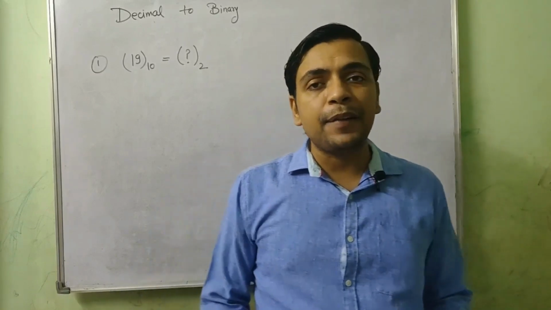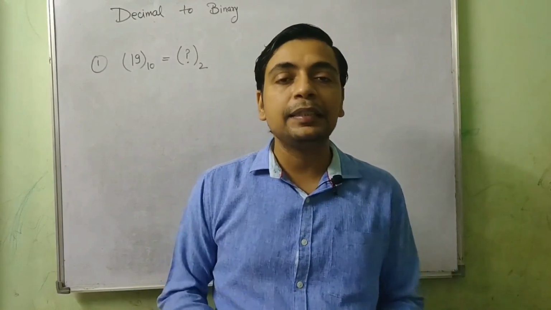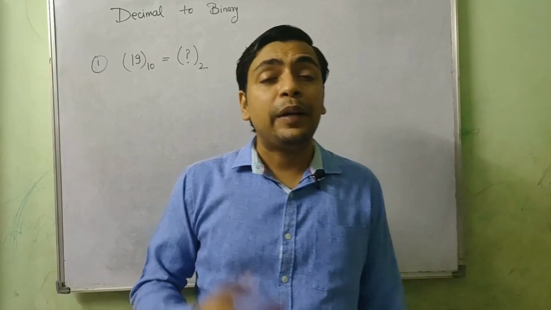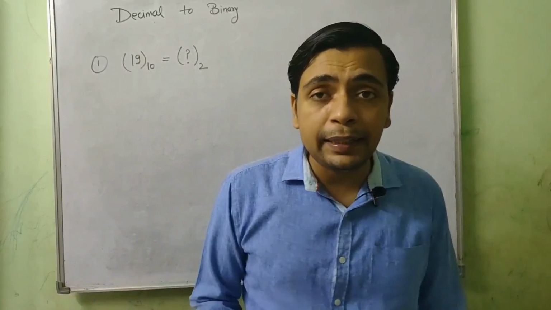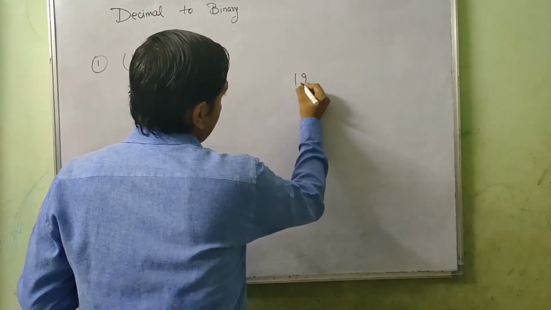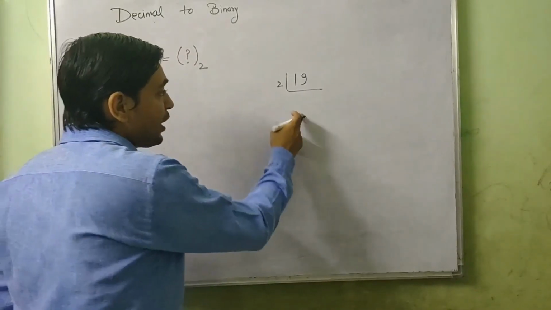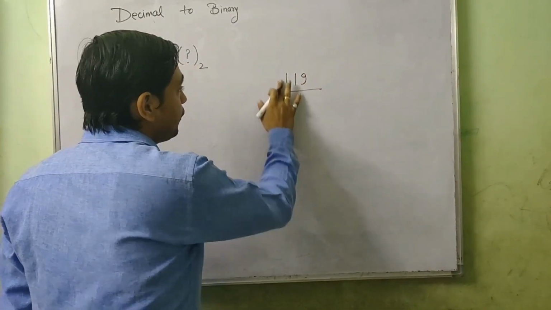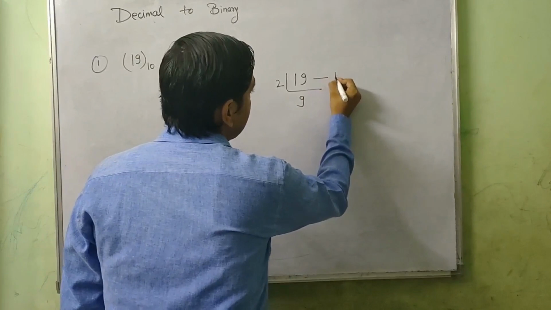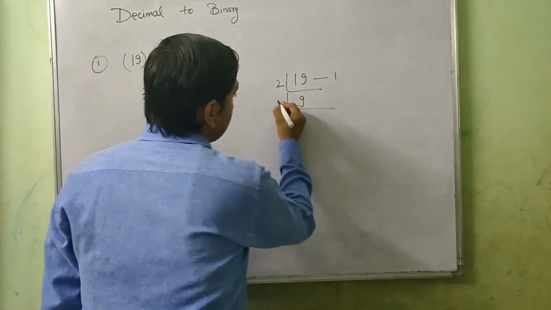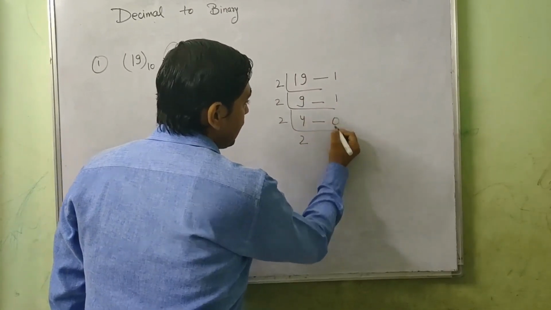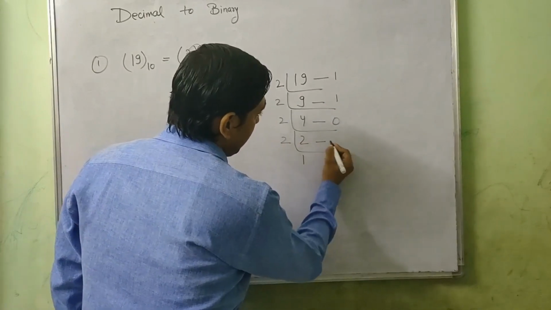It's just like prime factorization with a little bit of difference. The difference is, you cannot divide by any number other than the base. Second thing, whether the number is divisible or not, you have to divide it and note down the remainders. So let's see this. If 19 is a number, we have to divide it by 2. And whenever I am dividing, I will note down the remainder in front of the number. For example, 19 divided by 2: 2 9s are 18 and we get remainder 1. That remainder I am writing down here. Similarly, 2 4s are 8 and remainder I am writing down here. Then 2 2s are 4 and remainder here. 2 1s are 2 and finally I got the remainder over here.